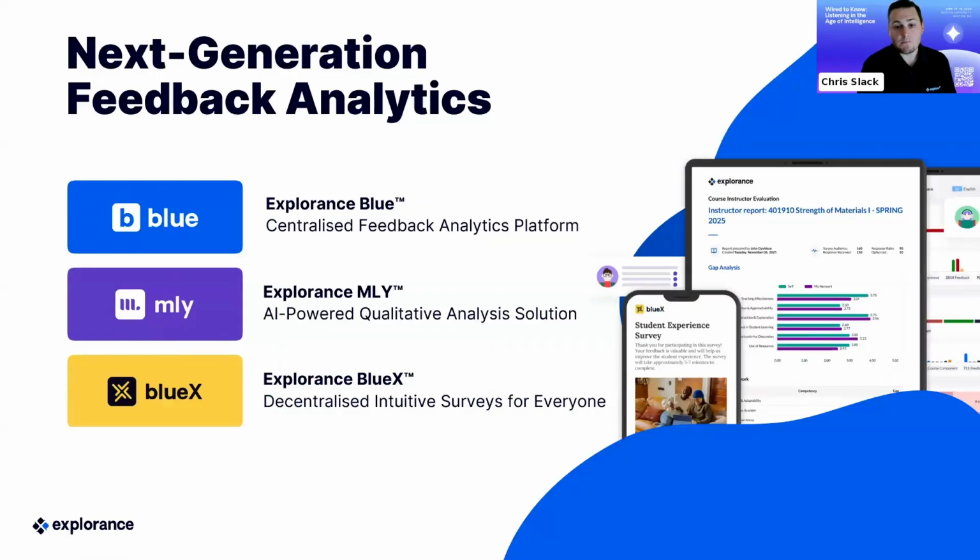That comes from three main products within our technology stack. Blue is a centralized feedback platform that allows you to do those automated centralized evaluations. Blue X is a more decentralized process, allowing different members of staff to do their own research surveys or the library surveys, etc. And the bit in the middle is where we're concentrating today, Explorance MLY, which is an AI-powered